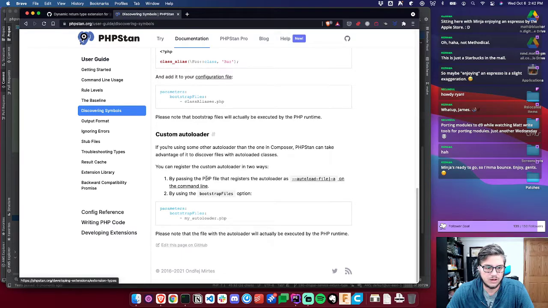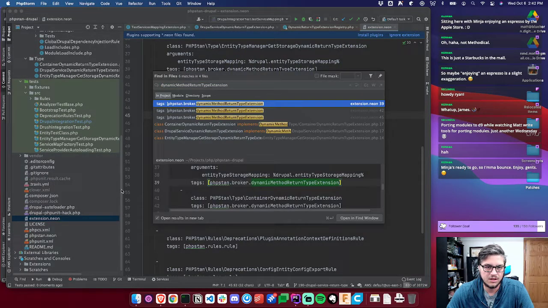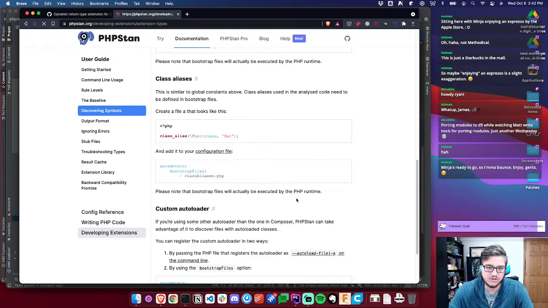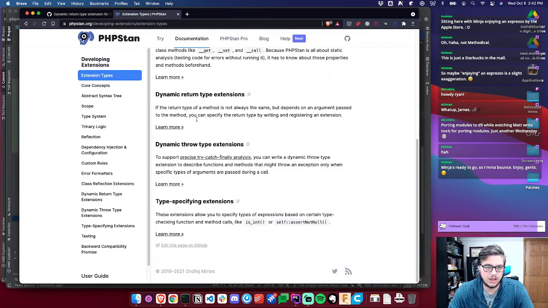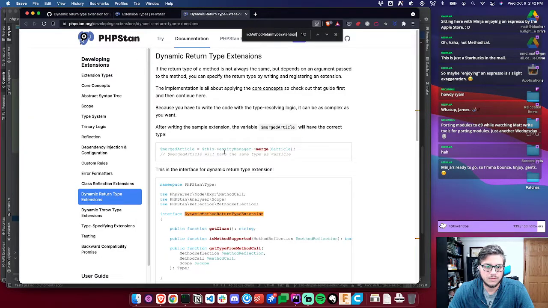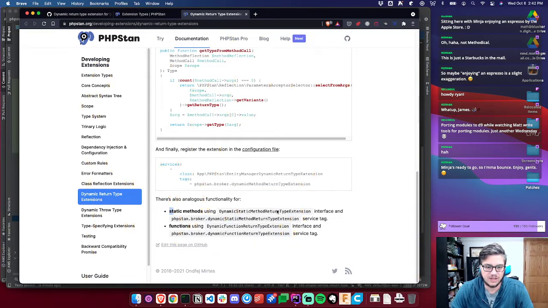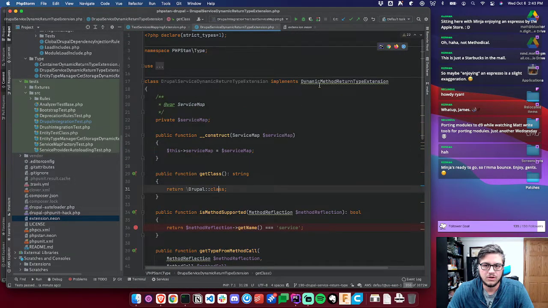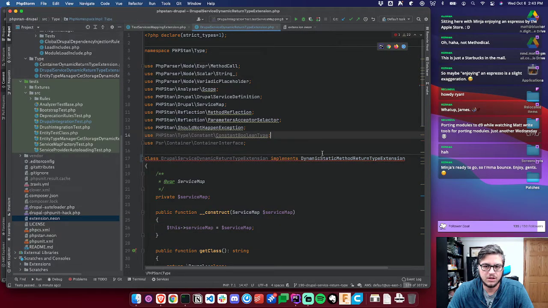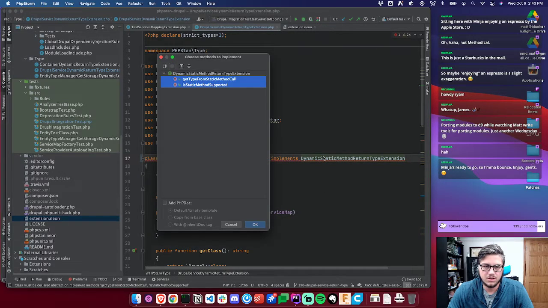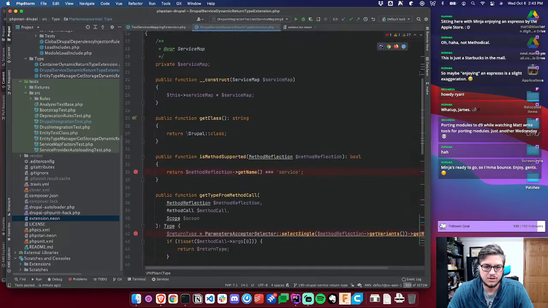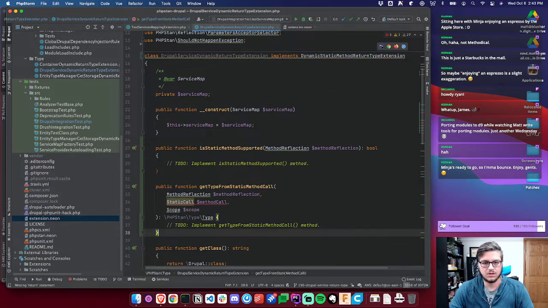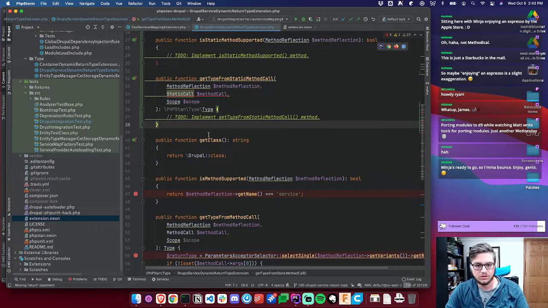So it's dynamic return type, which means we need to have a broker. Developing extensions, custom rules, return type, dynamic return type, learn more. Static methods using dynamic return type extension interface. So this needs to be right here. Add stubs. Get type from static call. Well, this should be